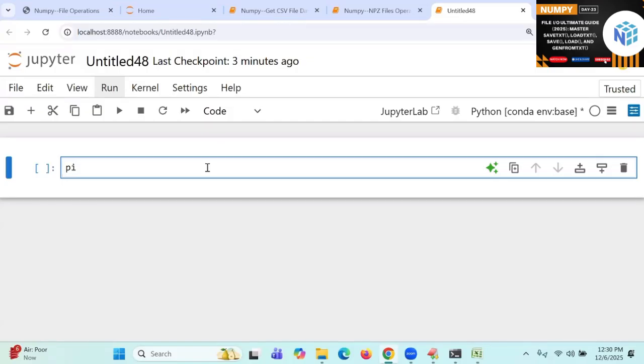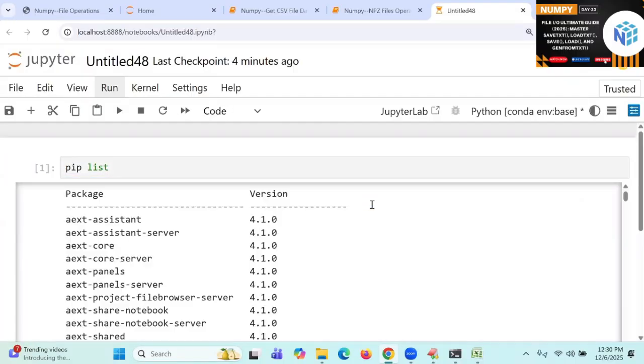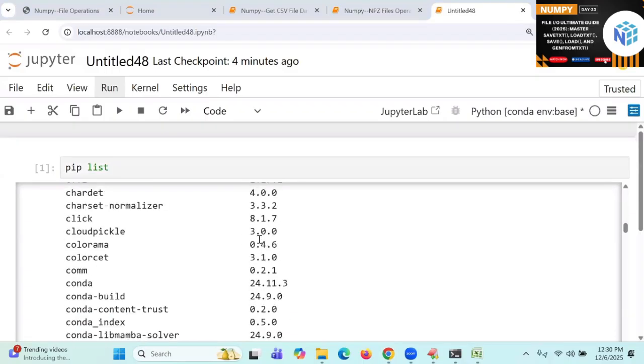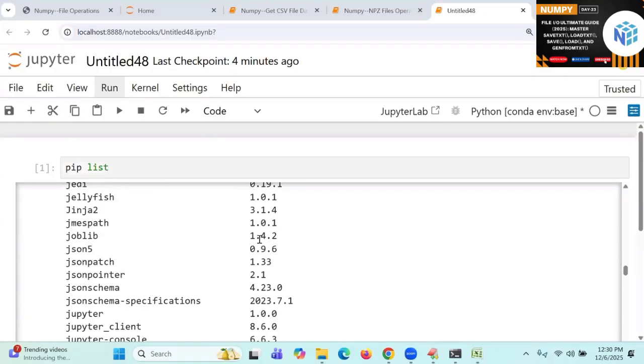By default, Jupyter Notebook contains the Oracle DB module. It will show the biggest list of modules in alphabetical order, and NumPy is also available by default.